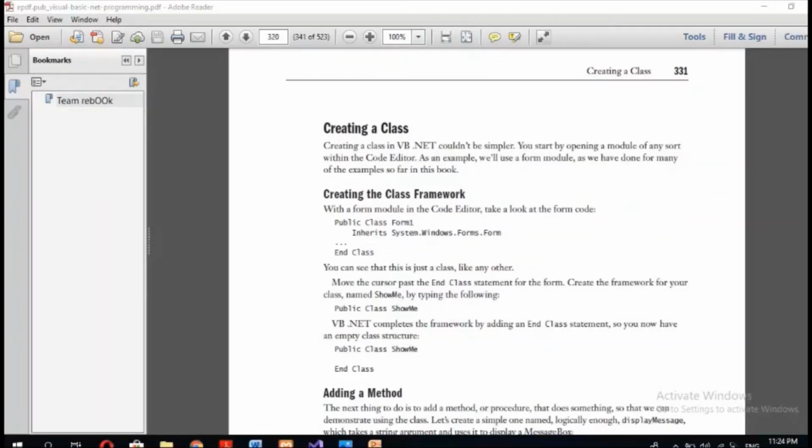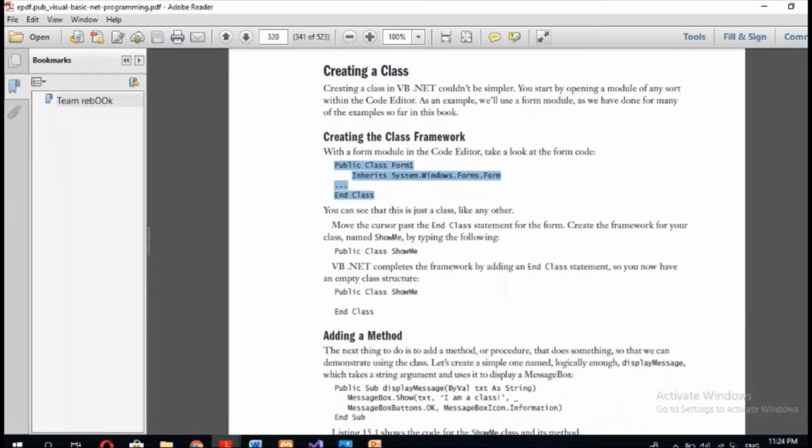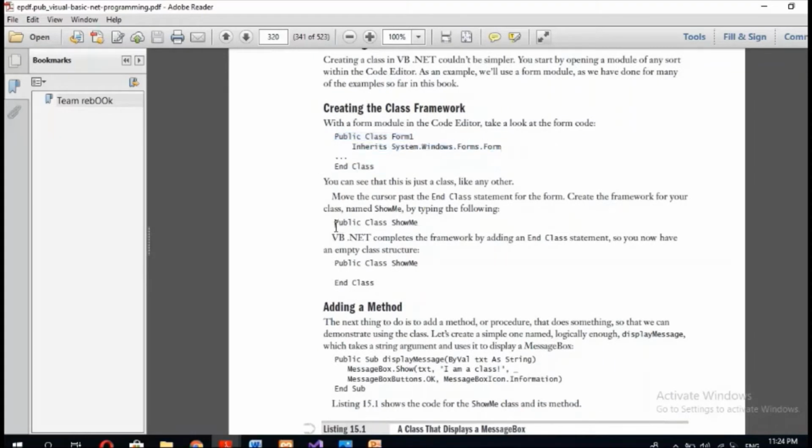Now, actually creating classes in VB.NET, we use the keyword public class. Here it's public class show me, because inheritance is shown here, which I'm going to explain later. This is the name of the class, and you end it with end class.